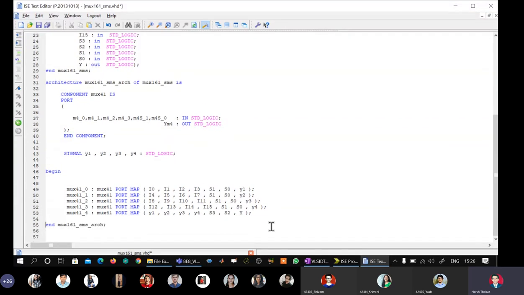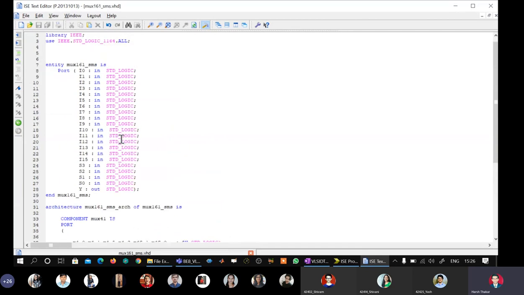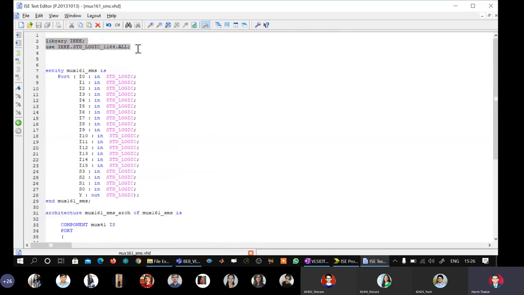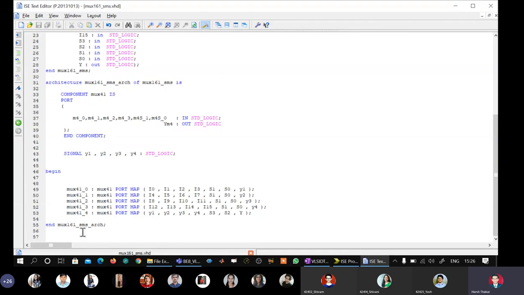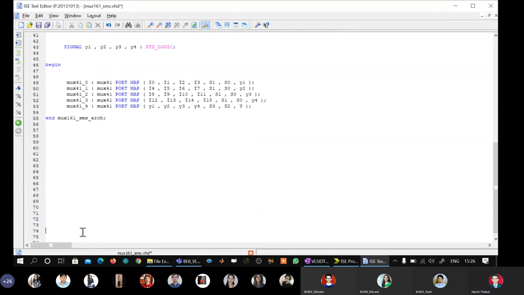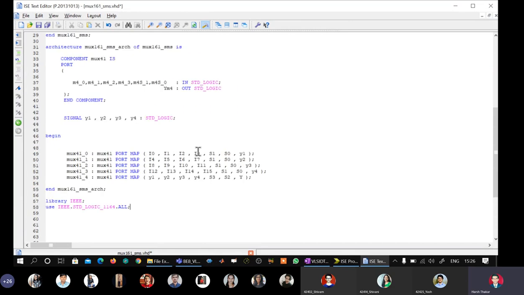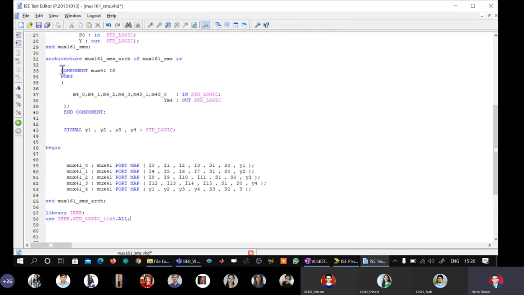So now the parent or top level entity has been modeled, and now I'm going to model the child entity. So copy the library statements, and then go and copy this.